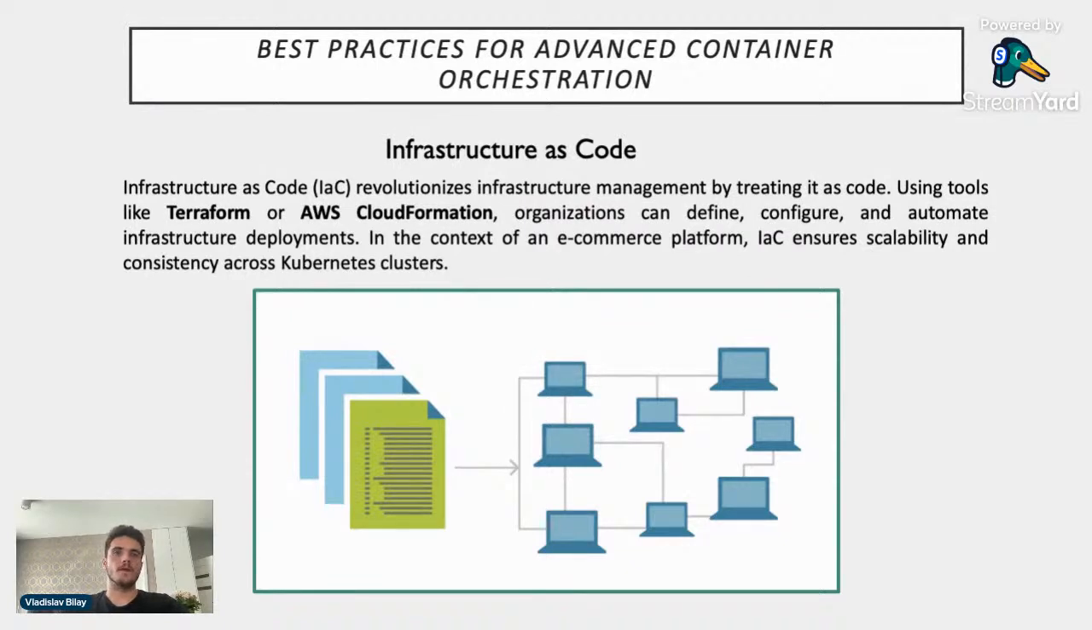Infrastructure as code. Infrastructure as code revolutionizes infrastructure management by treating it as code. Using tools like Terraform or AWS CloudFormation, organizations can define, configure, and automate infrastructure deployments. In the context of an e-commerce platform, infrastructure as code ensures scalability and consistency across Kubernetes clusters. With infrastructure as code, organizations declare their desired infrastructure in code, store it in version control for collaboration, and use